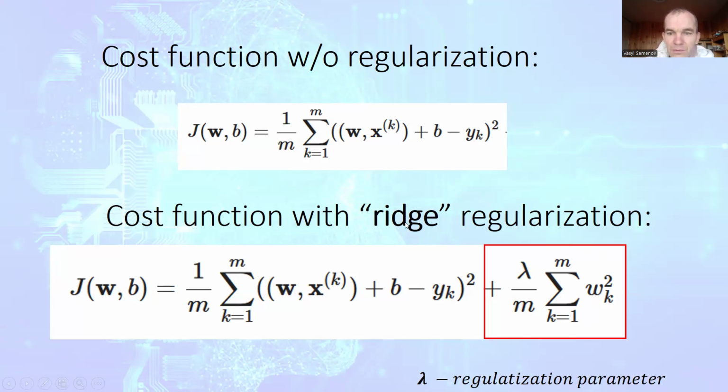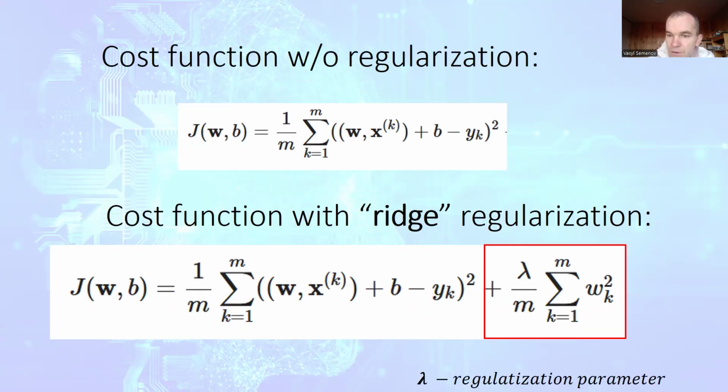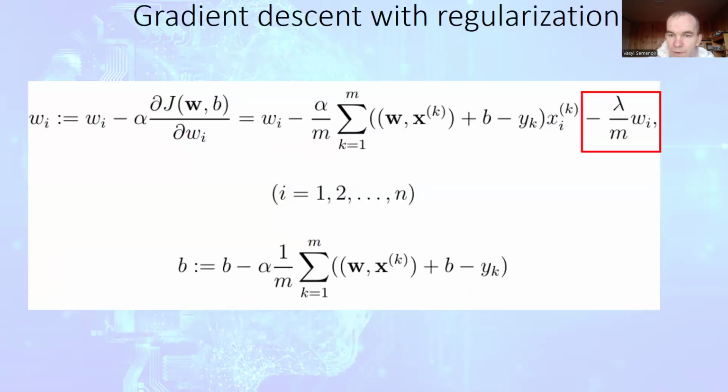This trick of introducing this sum of squares of W is also called ridge regularization. And lambda is called the regularization parameter. In gradient descent, we can easily take the derivative of this cost function, and gradient descent is slightly modified. The equations for b remain